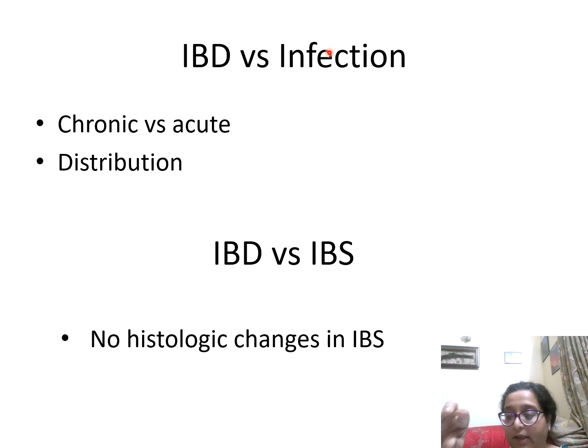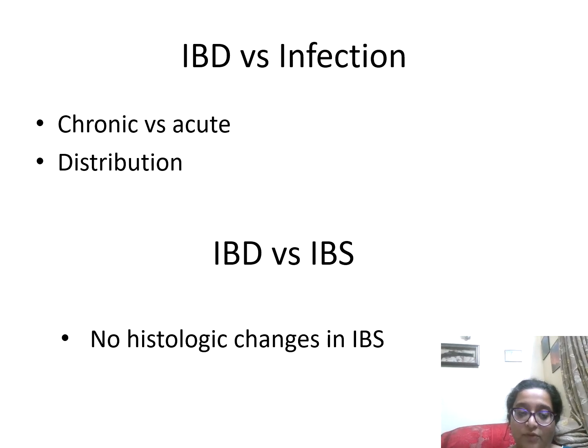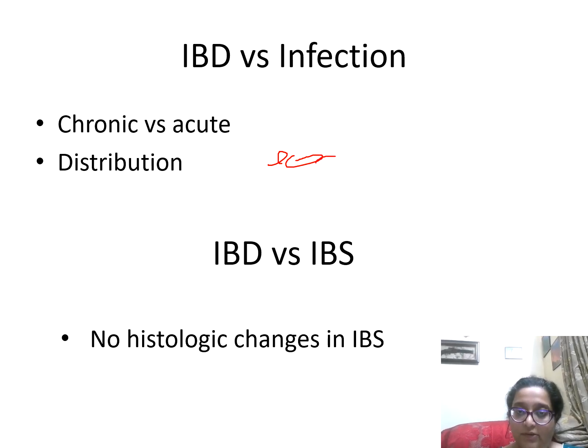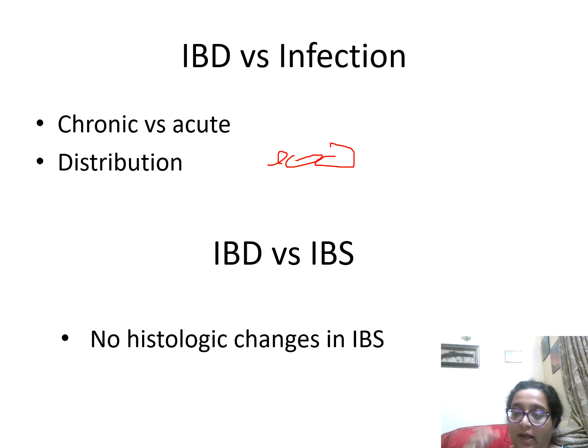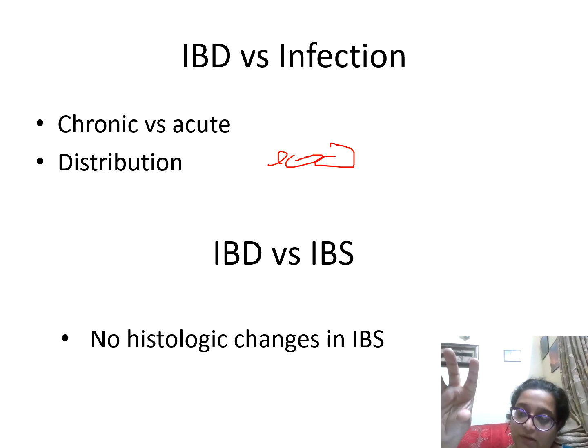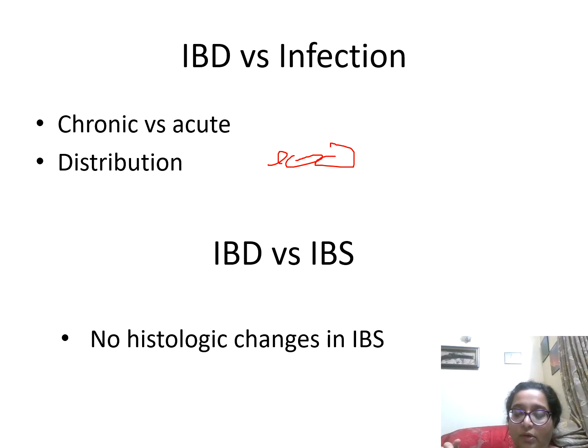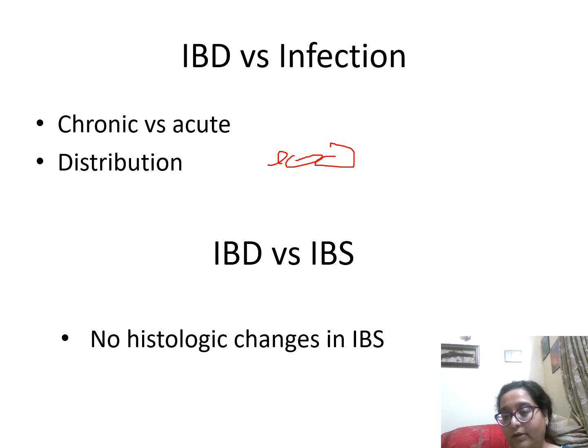It is confluent, meaning one, two, three granulomas together, so there'll be one over here, then one over here, then one over here. This is called a confluent granuloma. They are large, they destroy the crypts, and you will get necrosis. You put an AFB, you might get that positive also. So you need endoscopy and clinical correlation to actually rule out whether it is TB or Crohn's. But there are pointers. Cryptitis, crypt abscesses, crypt architectural distortion, you might get in TB, Crohn's and ulcerative colitis.